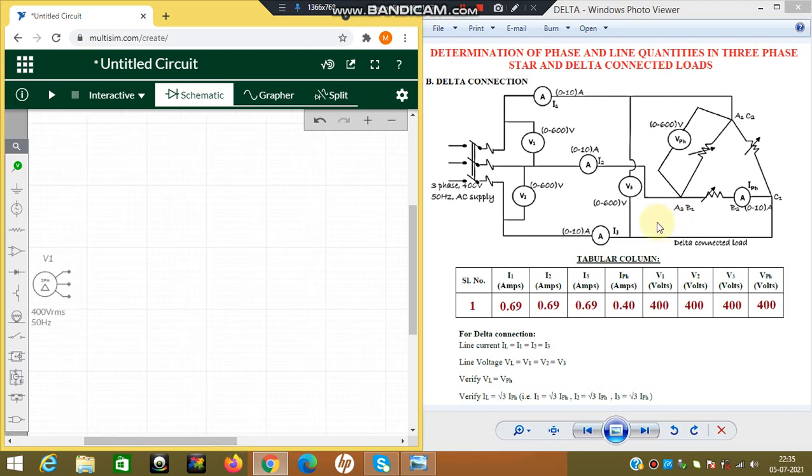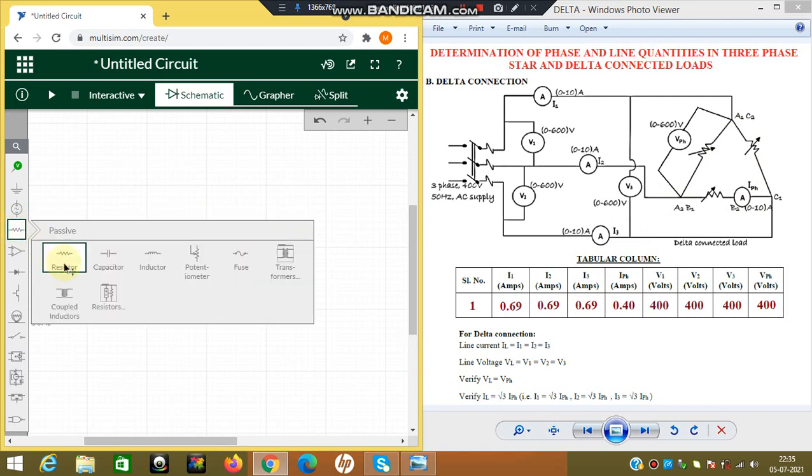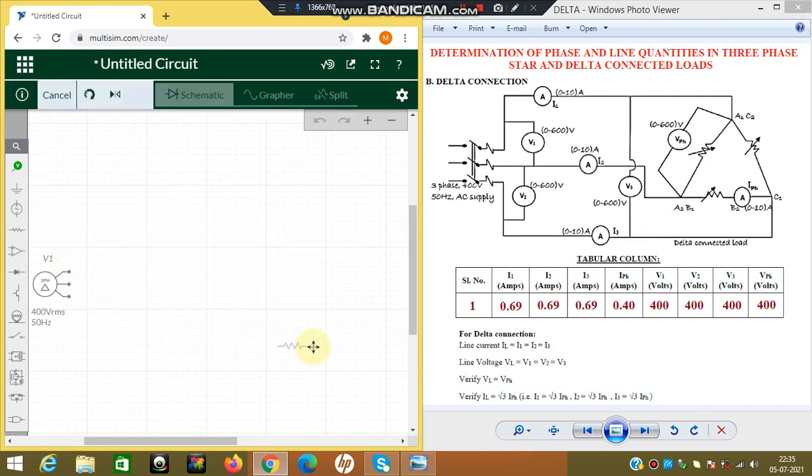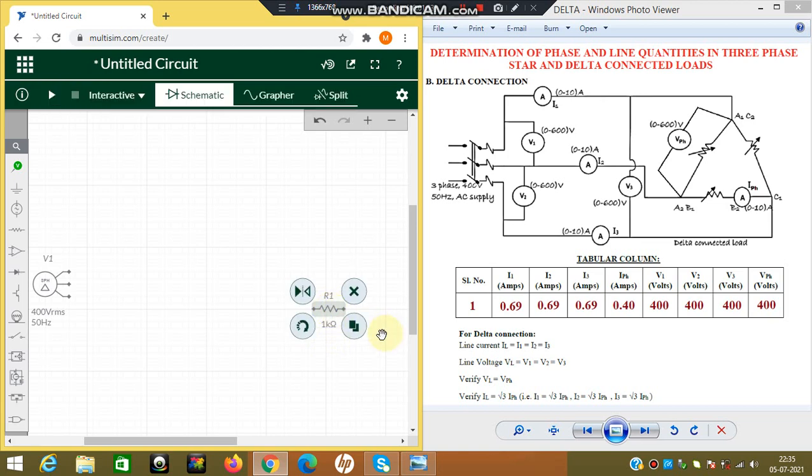So let me go for the delta connection. I need resistors. Click on passive resistor. Place it here. So let it be 1 kilo ohm itself. Now I need two more resistors inclined, but in the Multisim I don't have the inclination option.